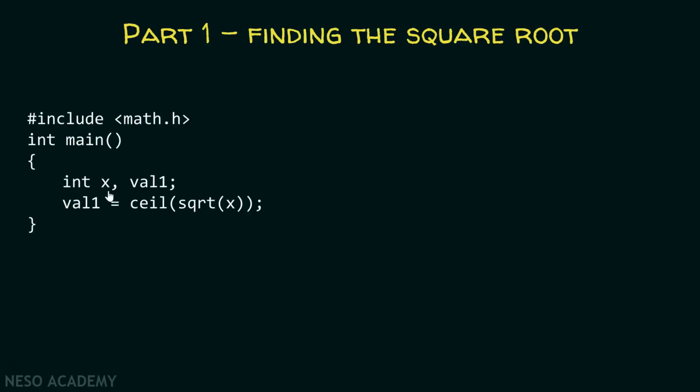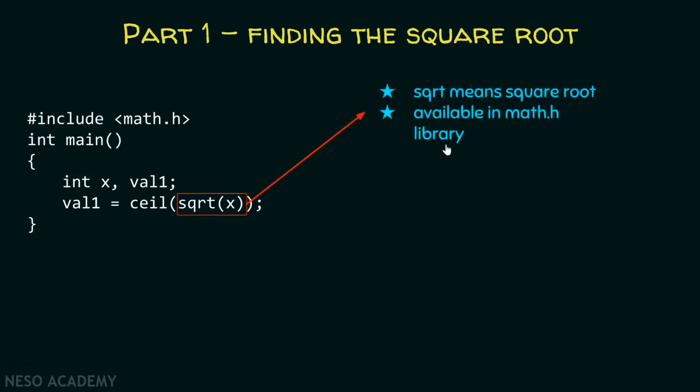Here I have declared two variables x and val1, and that too of integer type. And to this val1 we are providing the value returned by this particular function. Now it is quite complicated looking function, but it is not that complicated to understand. First of all, we need to understand this particular function sqrt x, what this function does. Sqrt function calculates the square root of the number, and it is available in math.h library, therefore we need to